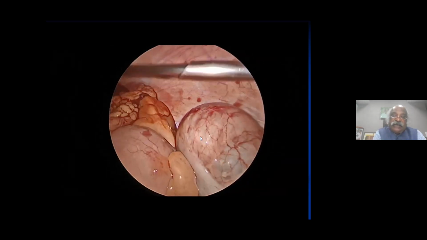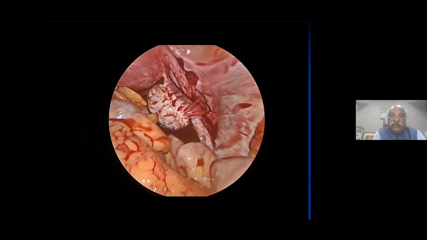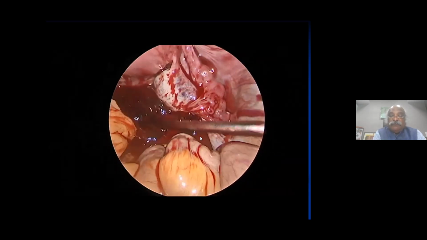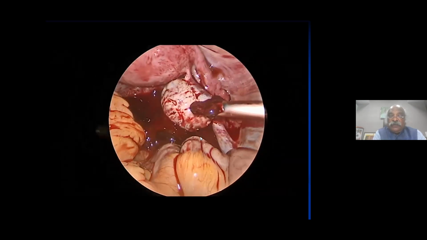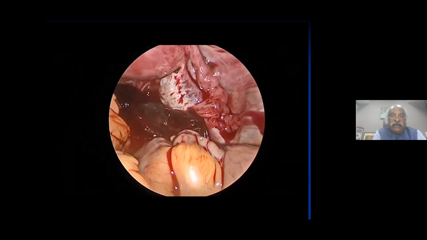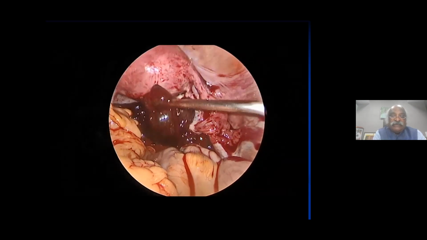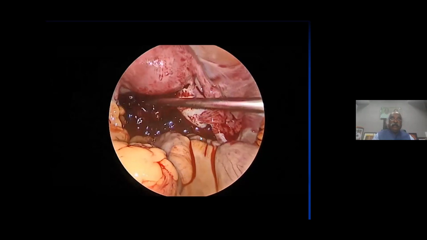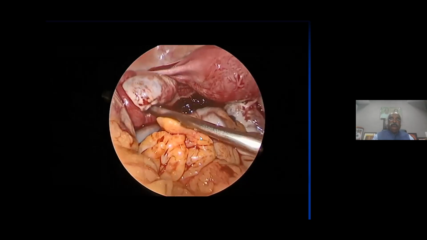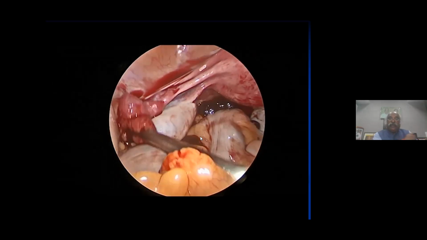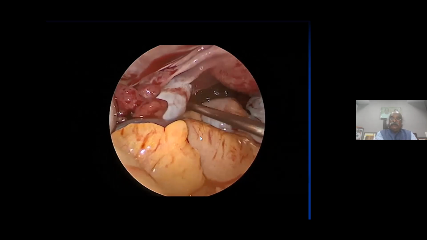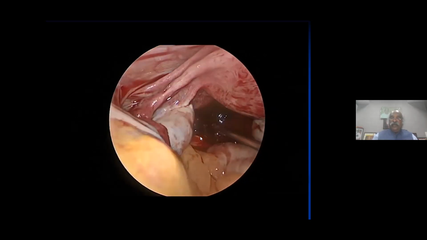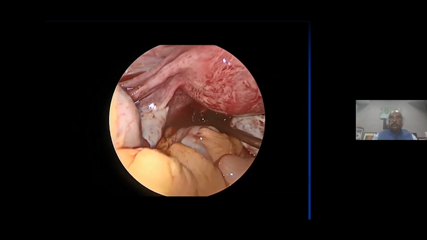Commonly in a case of ectopic pregnancy, we find tubal pregnancy and the bleeding is from that. Now the right tube and ovary are absolutely normal. There is no evidence of ectopic pregnancy on the right side, and on the left side, I will find out after clearing the blood from the peritoneum and the POD. The left ovary and tube are absolutely normal. So if the left ovary and tube are absolutely normal, the possibility of ectopic or tubal pregnancy is ruled out. I confirmed it, and then I find out what is the source of bleeding.